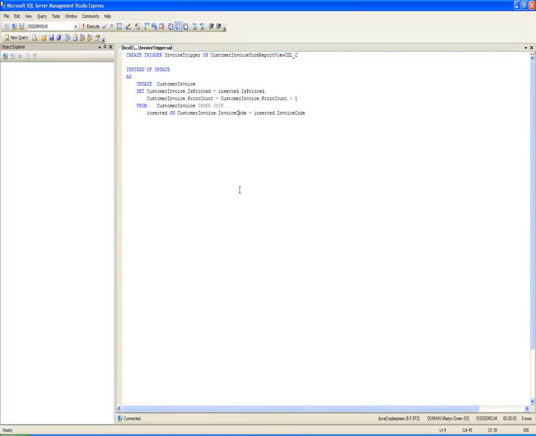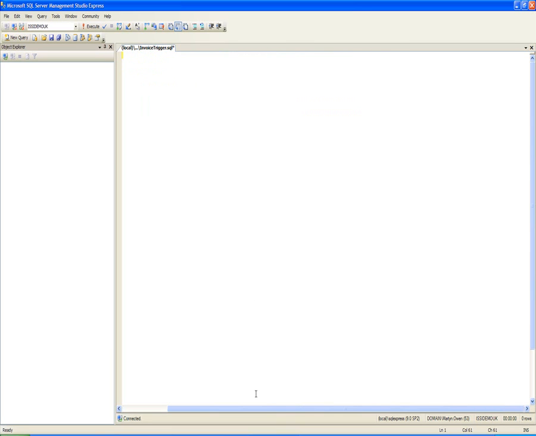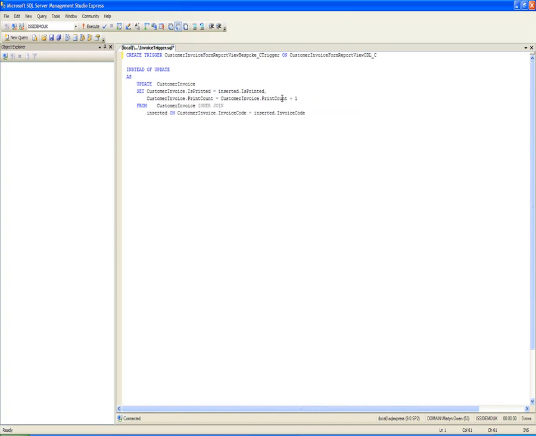because that's where I'm actually doing my report. And what this is going to do is basically create a trigger. So I need to make a couple of changes to my predefined trigger, because I'm going to make sure that it creates it with the right details. I want it named correctly. I'm just going to create customer invoice form report view bespoke _C trigger, and we need to tell it what it needs to create that trigger on. So it's going to be customer invoice form report view bespoke